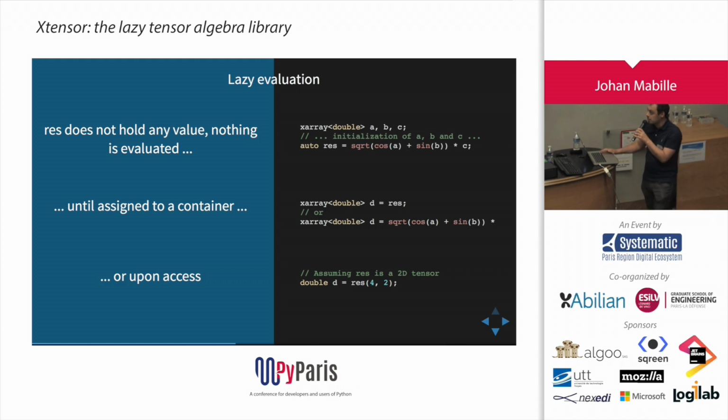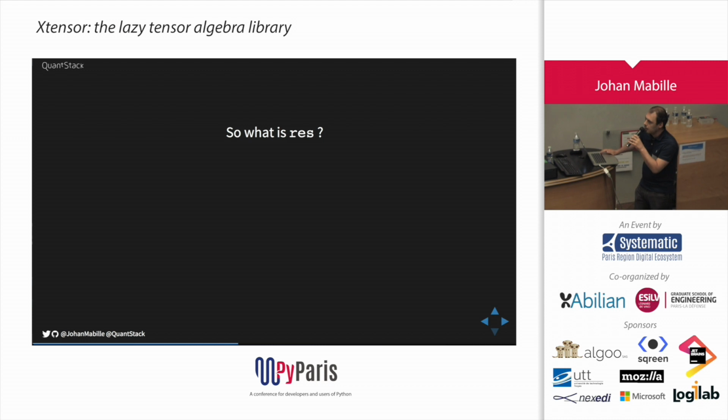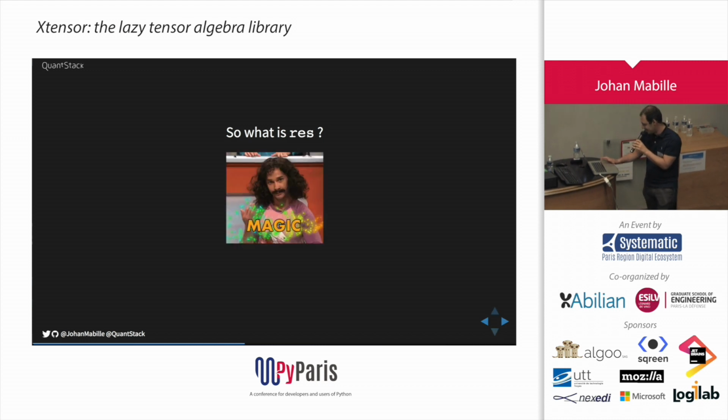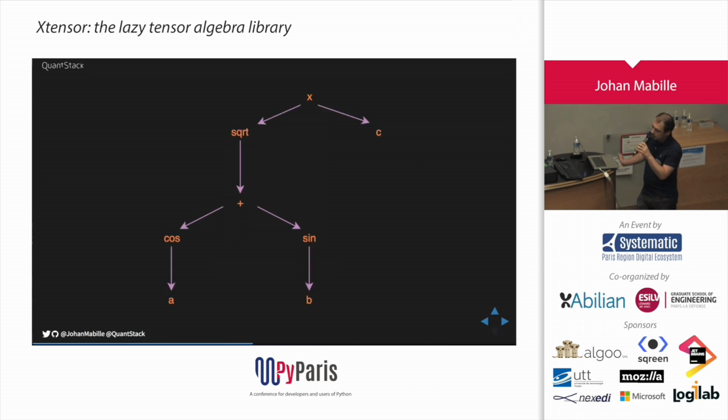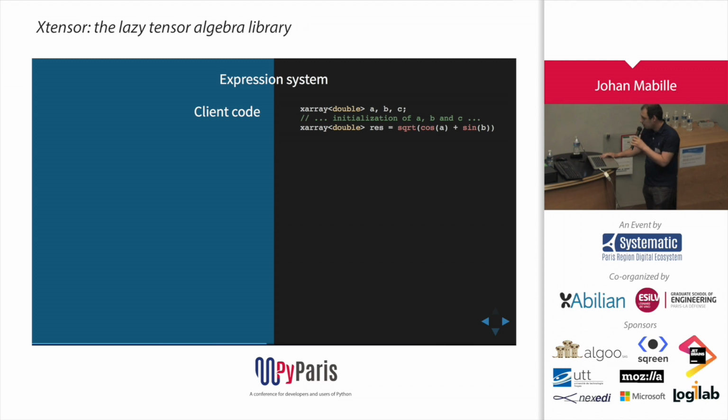So a natural question is, what is res? A little bit of magic, right? So res is an expression, which means it's an in-memory representation of the syntactic tree of your expression. Now, what does it imply? If you write this client code, the same formula as previously,